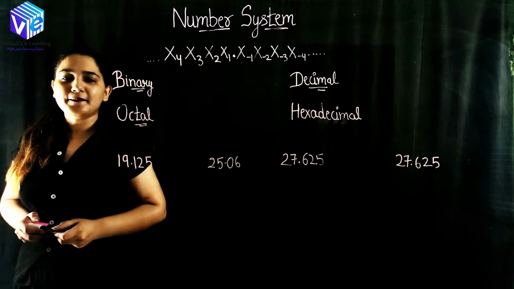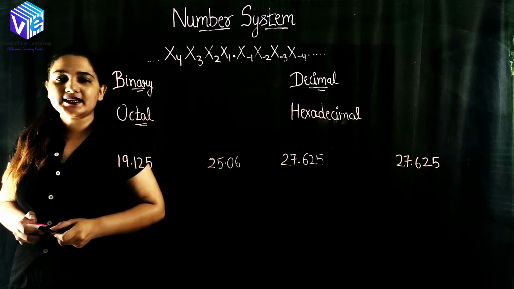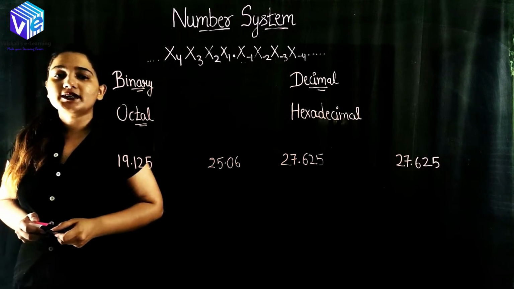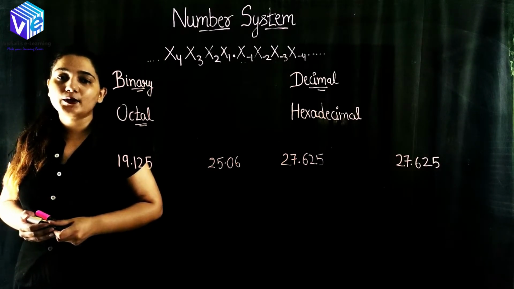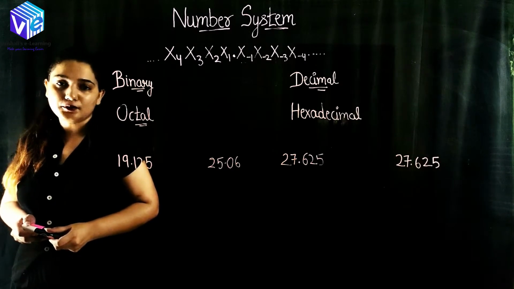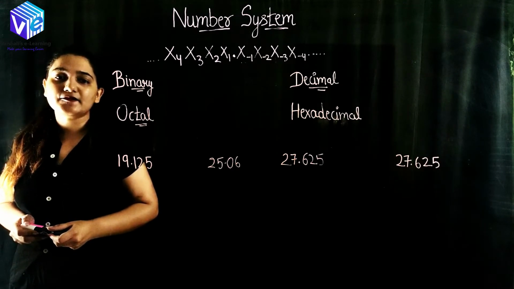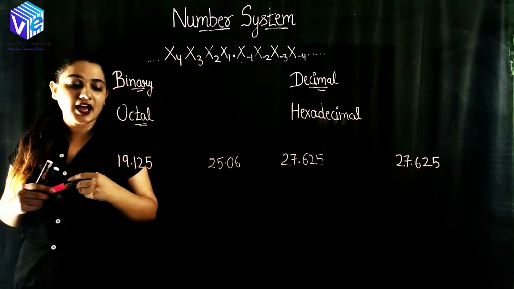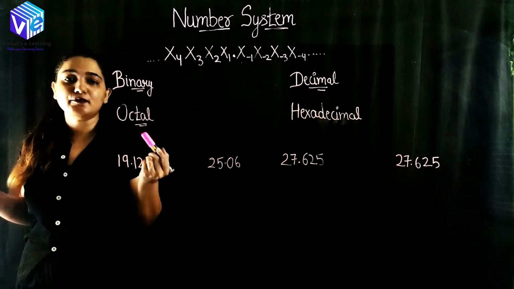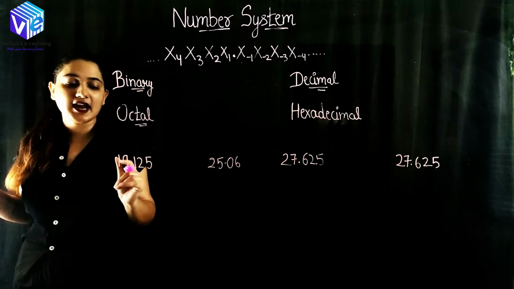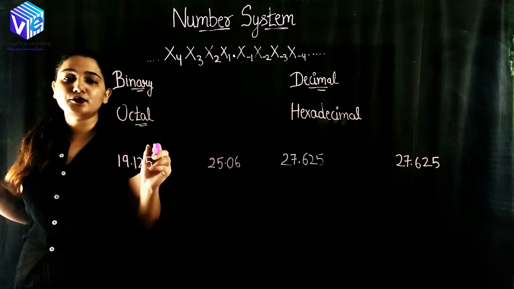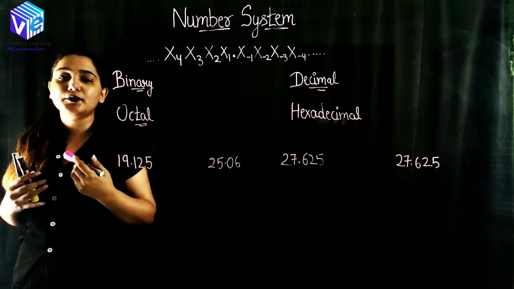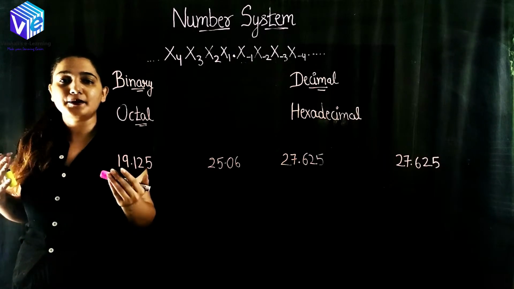Hello students, welcome back to this next session on digital circuits, and today we are going to talk about number systems. So what is a number system and why do we require it at all? We all know computers are discrete information processing units. So if I need to talk to a computer, I cannot give it the number 19.125. It will not understand what 19.125 is. So we need to talk to the computer only in terms of zeros and ones.